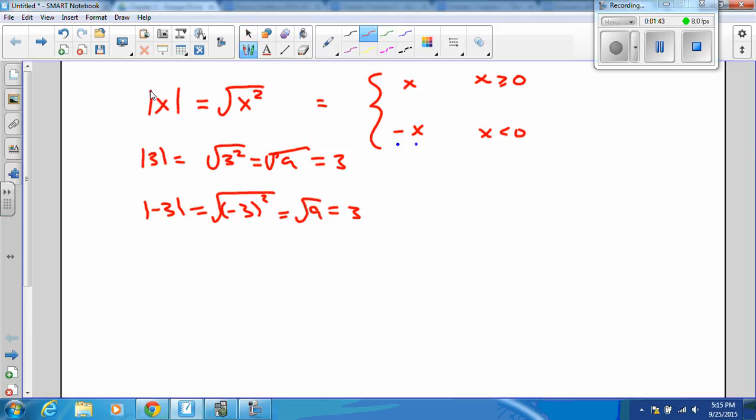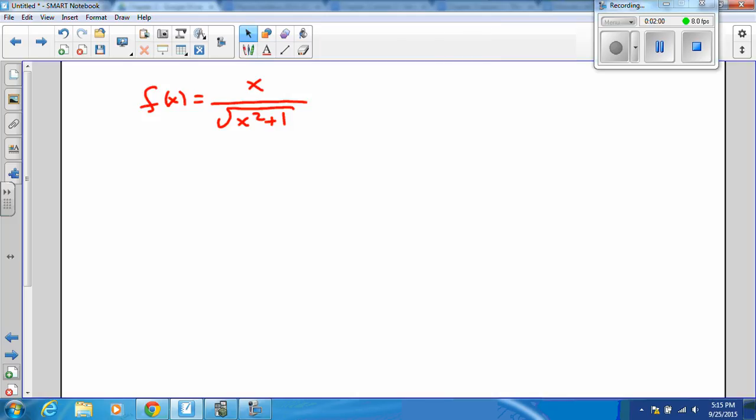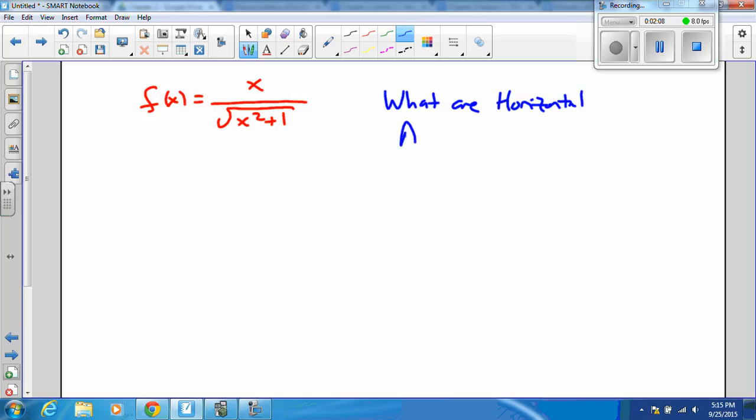Now, with that said, what I'd like to do is to take a look at this interesting function. f of x equals x over the square root of x squared plus 1. And I'd like to ask this question: what are the horizontal asymptotes of the graph